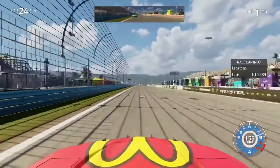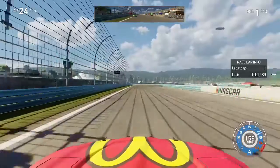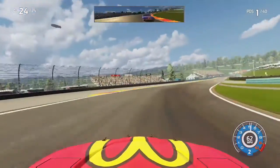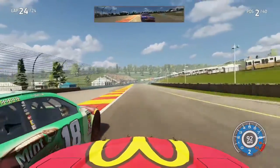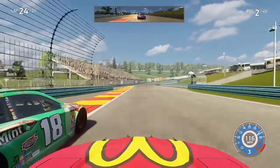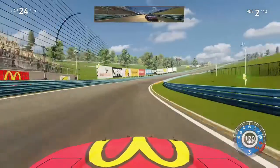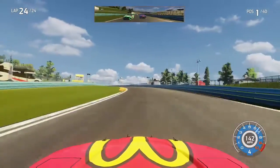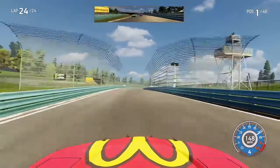The white flag is out, and I decide to go defensive over towards the right side of the track to protect the bottom, and Kyle Busch sends it up the left-hand side, and Chase Elliott joins the party as well as he nearly gets into the back of me as we make contact with the 18 of Kyle Busch as we go through side by side into the S's, and he is forced to back out of it as we just barely clear him as he now has to fight Chase Elliott in the number 9 side by side